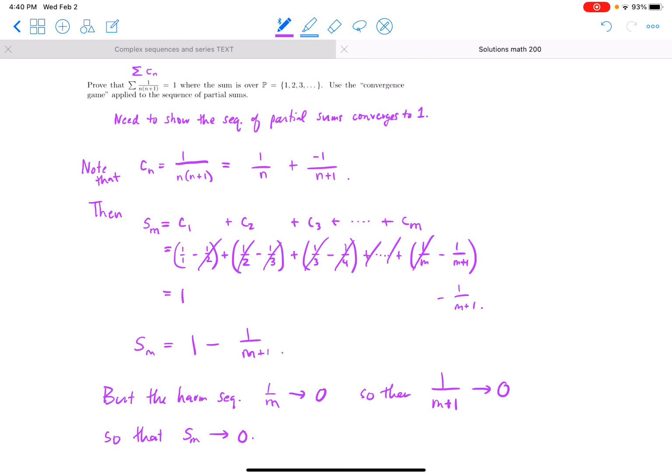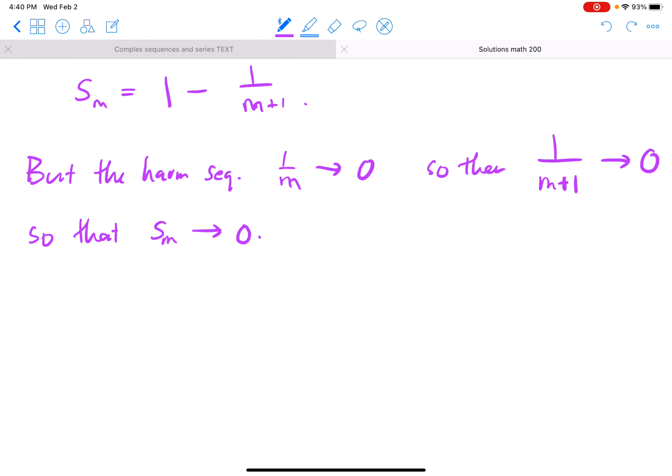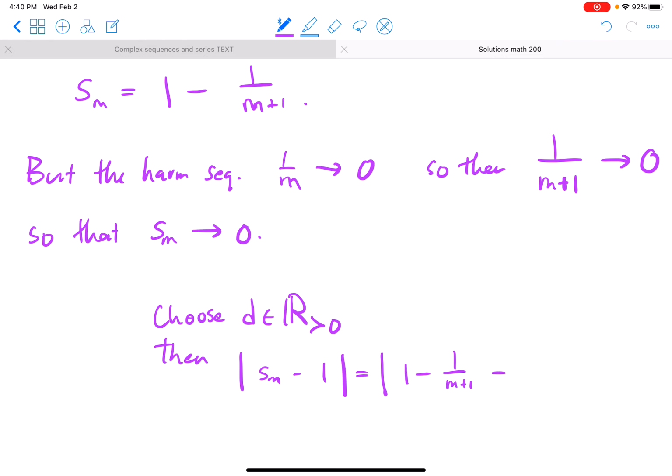Now, they wanted us specifically to use the convergence game. So what we would say is that, okay, choose D, then look at S sub m minus 1. And we'd like to say that that is less than D. And what is it? Well, S sub m is 1 minus 1 over m plus 1, and then a minus 1. So the 1 and the minus 1 cancel, and I just get minus 1 over m plus 1, absolute value,